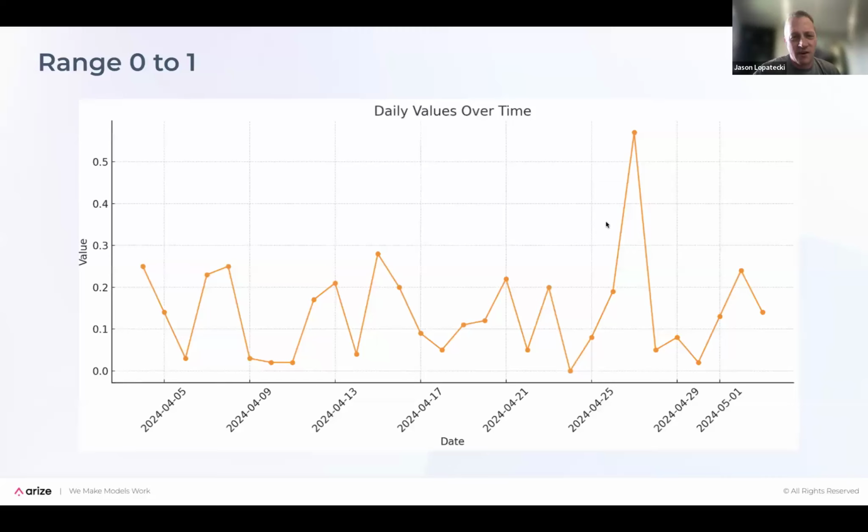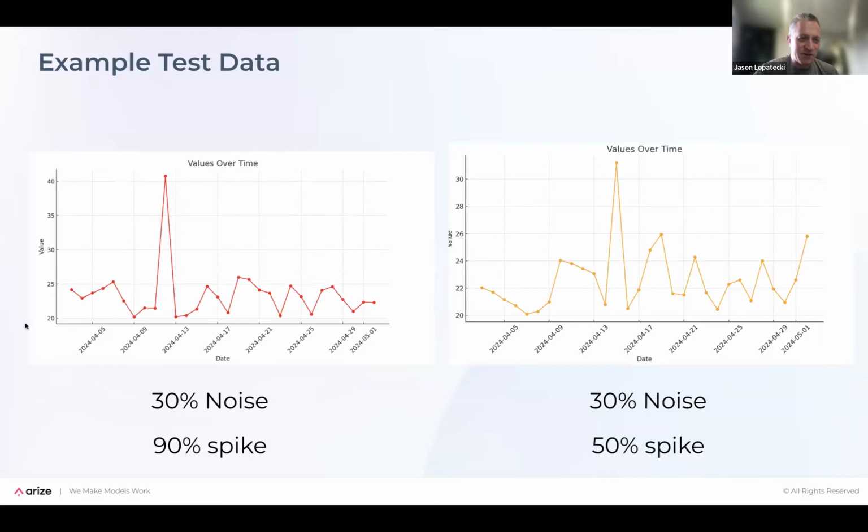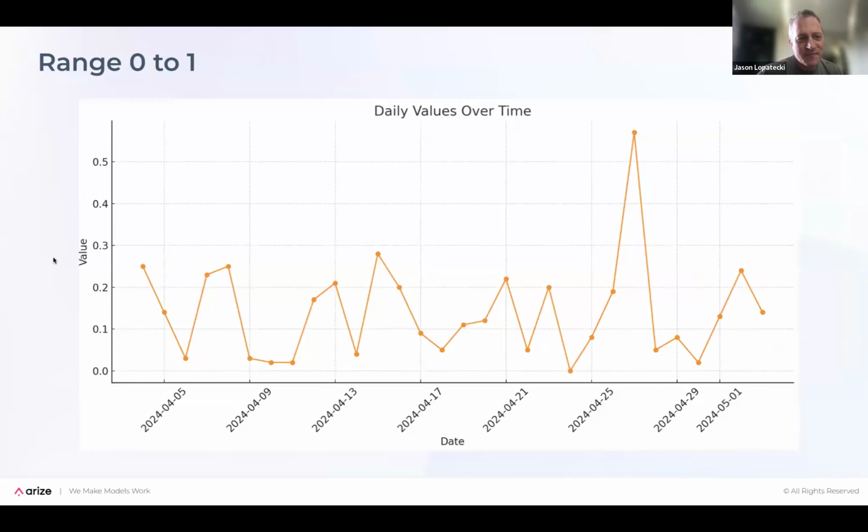And then there's a question of: are all ranges equal? So this is what we were hinting at before. Notice the values here are from 0 to 0.5 in this time series. And if I go back to this one, the values were from like 20 to 40. So I'm picking different ranges now, which normally is not a big deal for some of the other analysis you might do, but for time series data, and just knowing LLMs, we've seen other problems in other data sets where there were challenges with fractions, y-axis values and fractions that were output.